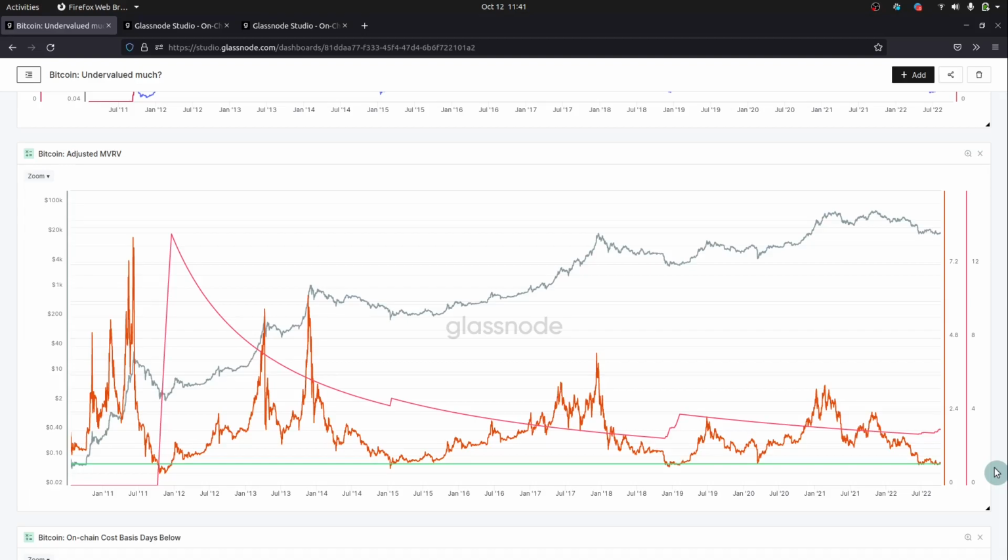Now that's pretty significant. You can actually see that this is at the bottom of March 2020. This is at the bottom of, or pretty much at the bottom of 2018. And it is at the very, very bottom back here in 2015. In fact, all the way back in 2011 is the only time we spent any appreciable time under this level. So in terms of how many days we've been below this point, 3%. So whereas our Mayer multiple was telling us that we're something on the order of 10%, based on the MVRV and the amount of profitability in the system, once we remove some of those non-economic coins,